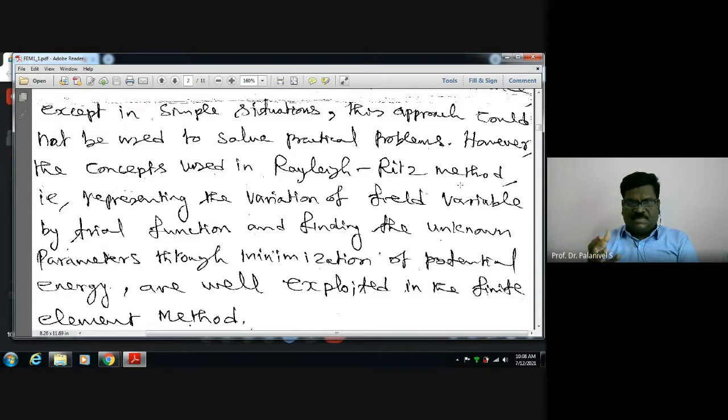Understanding the concept and the method is very important for you, because after you become a master's degree student, while doing your dissertation, you are going to use finite element packages. So you must know the principle behind it. How does that package work? How has it been programmed? What is the theory behind it?